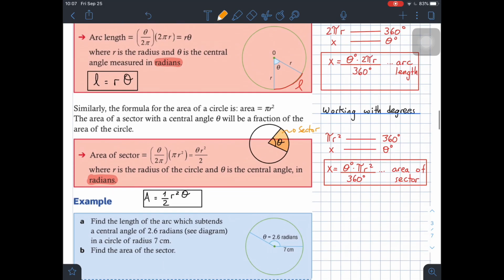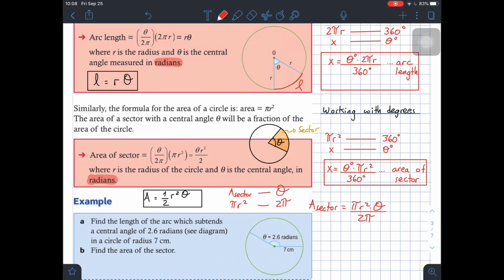Let me show you the proportion. If we want to find the area of a sector, the area of a sector is subtended by an angle theta, right? One full rotation has an angle of 2 pi radians, and the area of a complete circle is always pi r squared. So if I do the proportion here, the area of a sector is equal to this times this divided by this, right? So the area of a sector is pi r squared times theta divided by